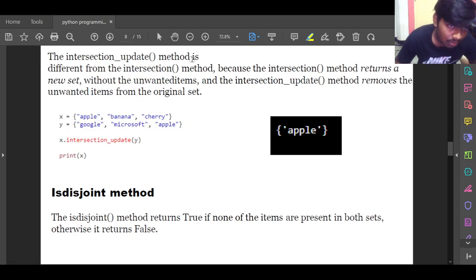The intersection update method is different from the intersection method because the intersection method returns a new set without the unwanted items, and the intersection update method removes the unwanted items from the original set. Same example, and x.intersection_update(y), and if we are going to print this, the output we are going to get is